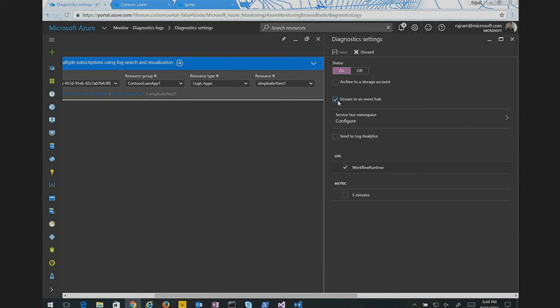A good end-to-end scenario in your case is you get all the data from your Contours or Loan apps, and then stream it to Event Hub, and then you can have an Azure Stream Analytics, which listens to it and then streams that data again back to Power BI, so I can do my custom stuff on top of it, right? And again, you don't have to leave the portal or your experience or do any of this stuff. All these are configuration clicks away as opposed to setting up a whole bunch of different